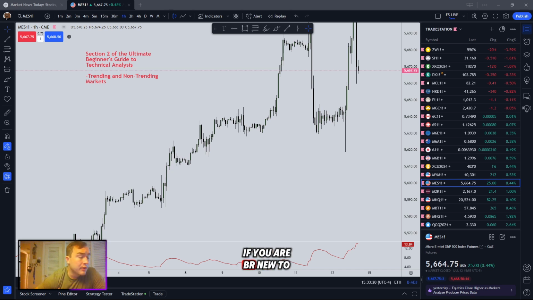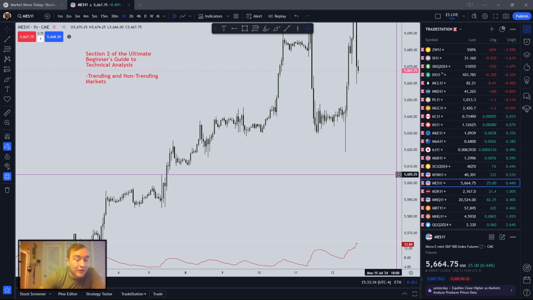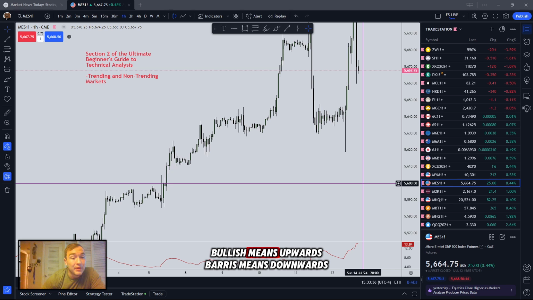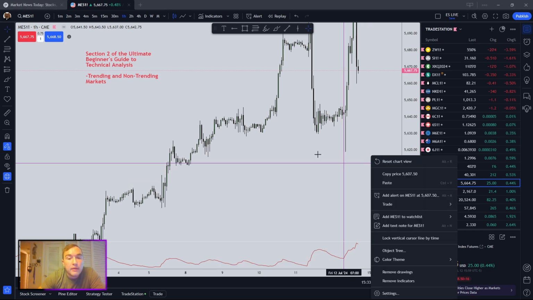If you are brand new to the markets, what you should know is that bullish refers to up and bearish refers to down. Don't ask me where that originally came from, but that is in fact the case. So if you're brand new to the markets, you don't know what bullish or bearish means. Bullish means upwards, bearish means downwards. Okay, guys, so